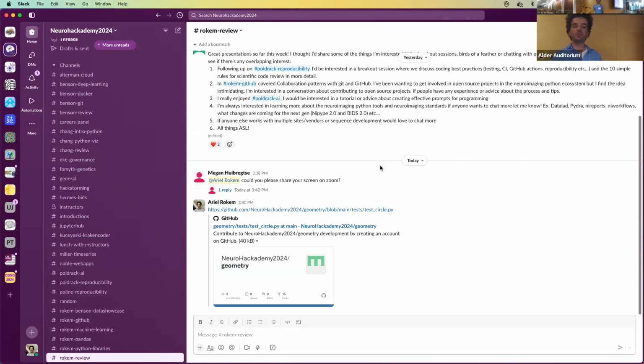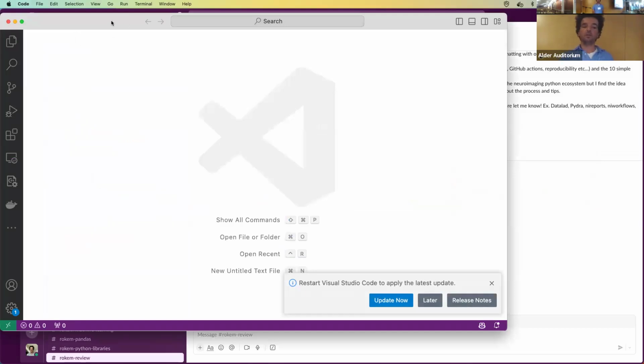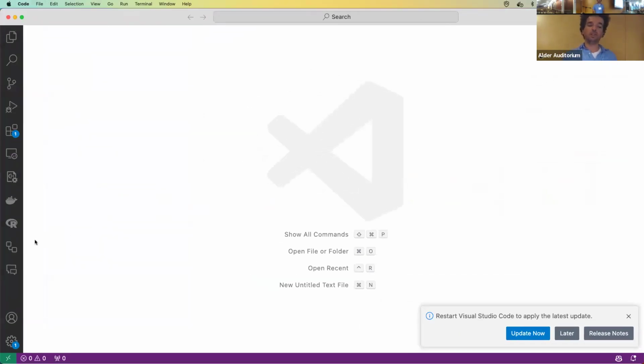I will continue here with Ashley's list then. The next one is about prompting for programming, and I don't know much about that. I use Copilot in VS Code, but I don't have a ton of experience. I'll just show one thing about Copilot in VS Code that I find to be kind of fun, which is that in addition to the fact that you can